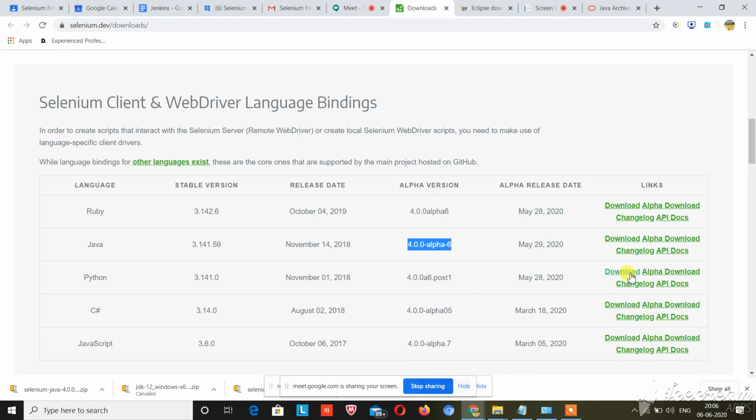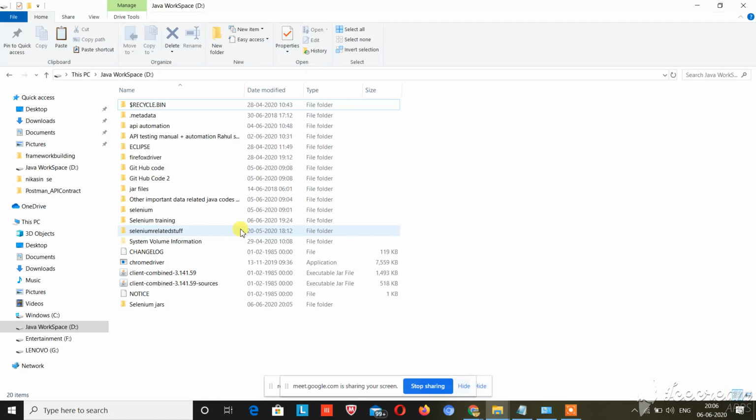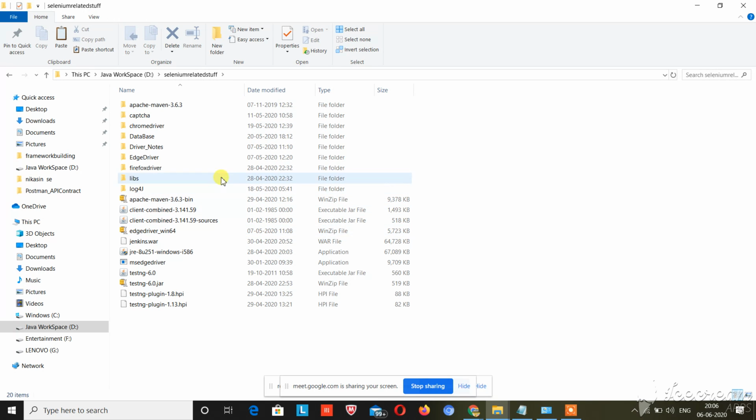Otherwise I will be sharing the Selenium jars from my side as well, because these are too many. We are not going through all these jars. I already have them on my machine, so I will be sharing them with you all on Google Drive, because I know some people will click and download the wrong jars, so I don't want you guys to do that.